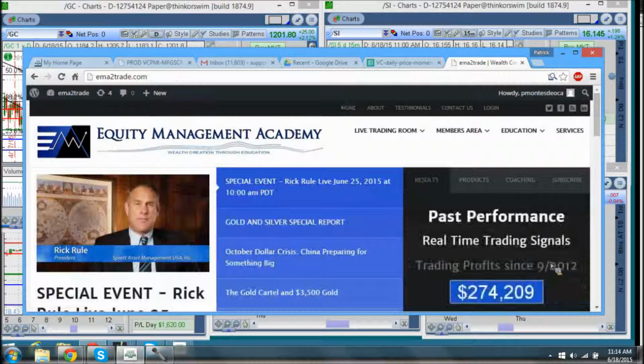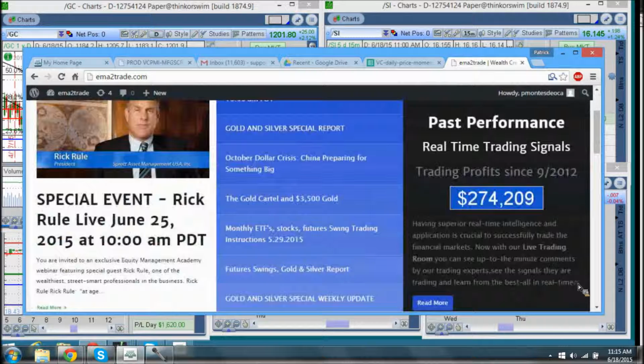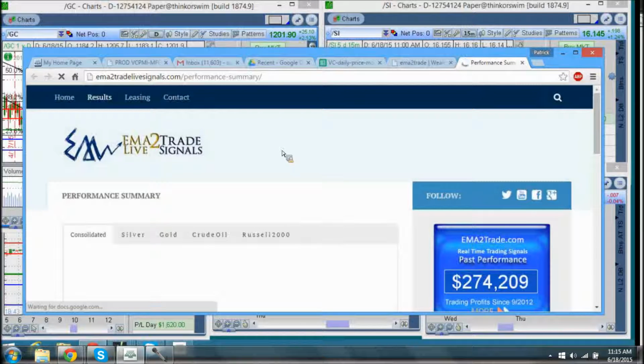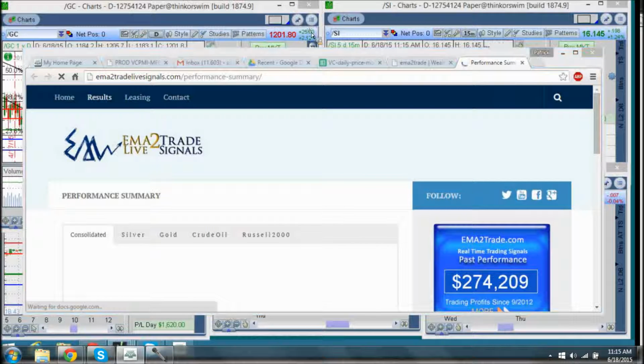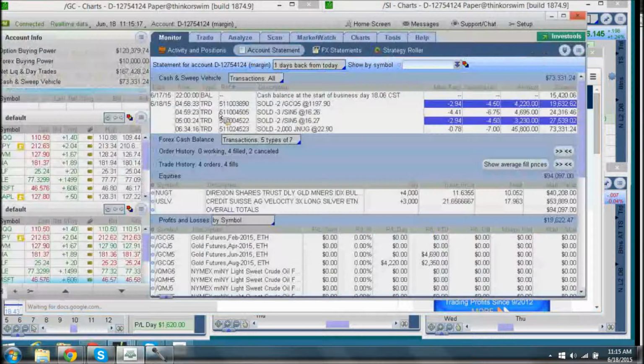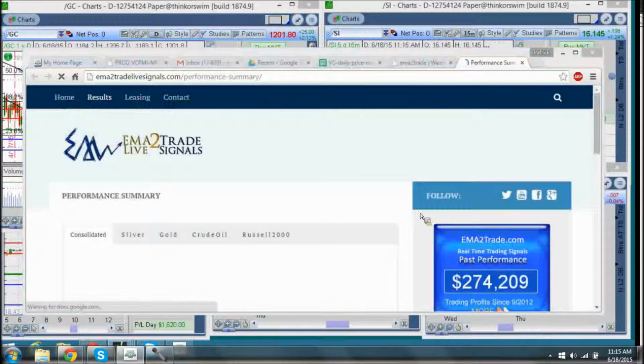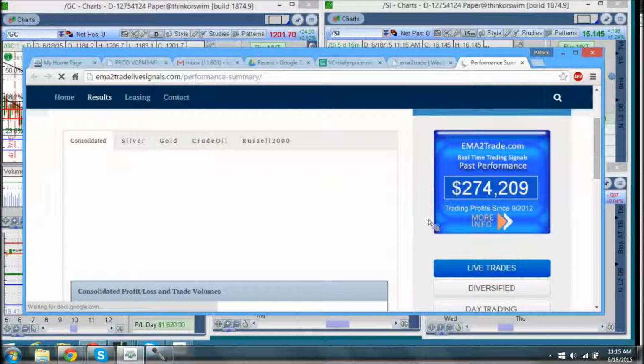We break down the numbers, the performance numbers, and you can go to ema2tradelivesignals.com, where we document the trades that we do in the room with time and sales, and after they've been reviewed and audited, then we post them here to give you the metrics of the algorithm. And what you see here is that since we started trading live signals in the room, executing live trading signals in the room,